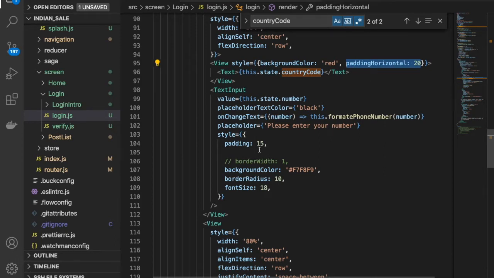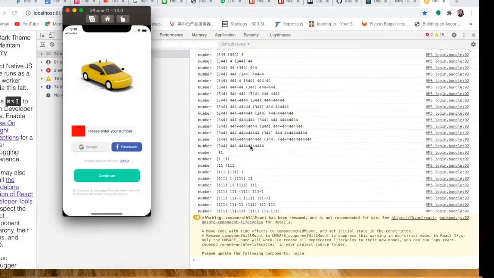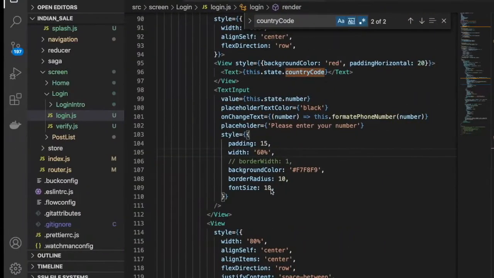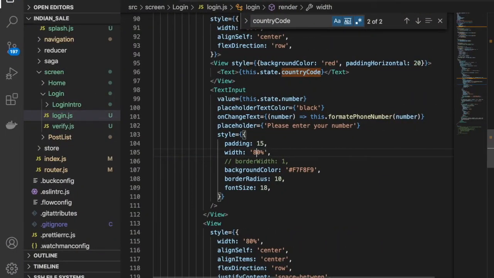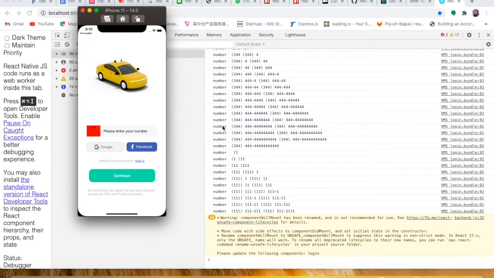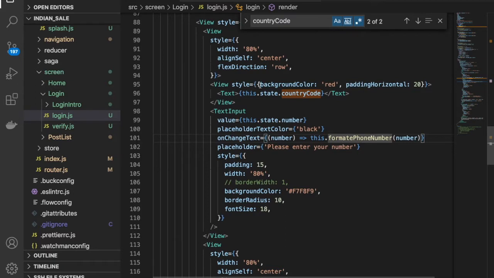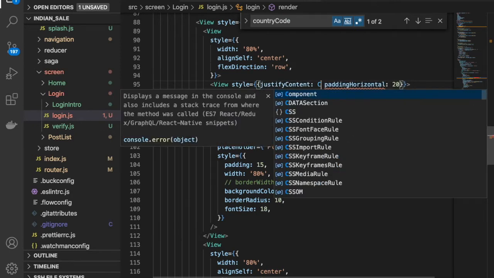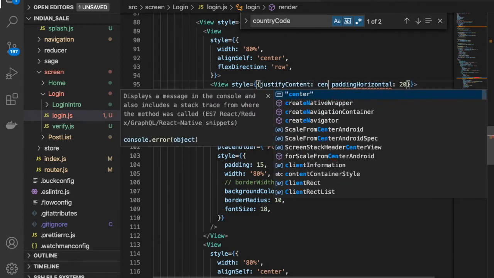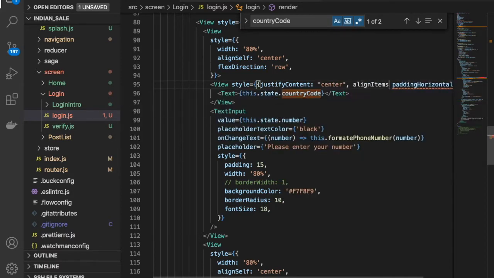I think we can provide the width, or let's say 60%, or you can provide 80%, I think. Yes, perfect, fine here. In this view we can remove this background color as of now, and justify content is in the center, and align items is in the center. Perfect.